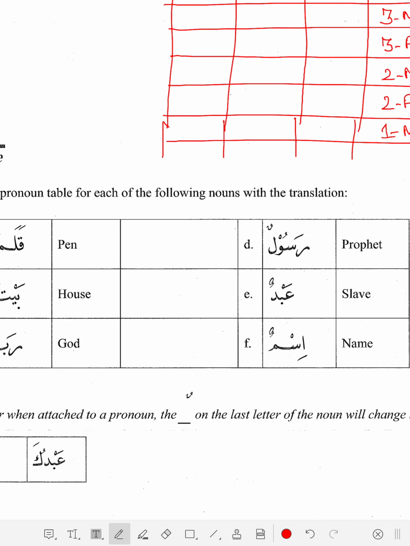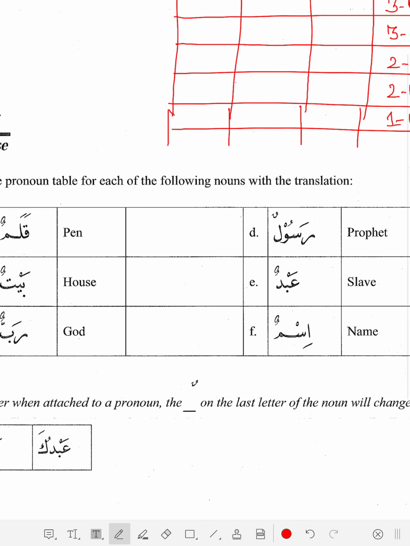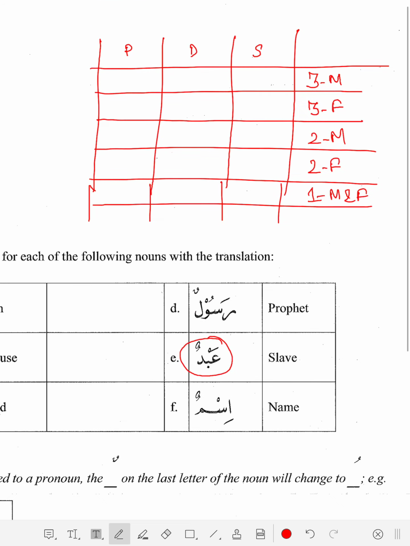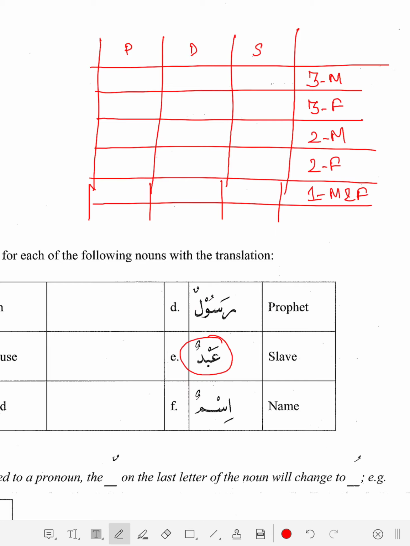For example, if I talk about the word abd, it will be abduhu, his slave, abduha,